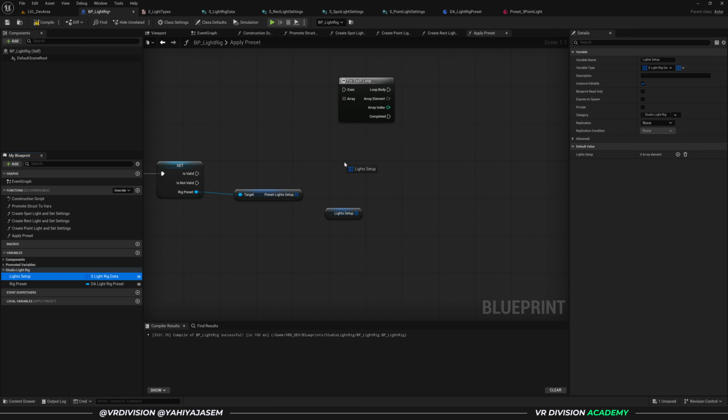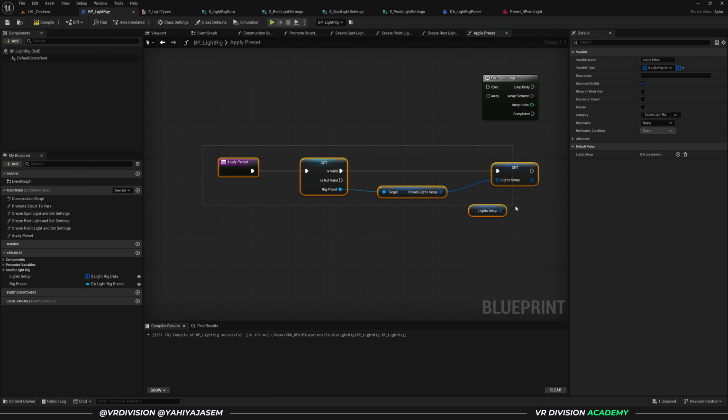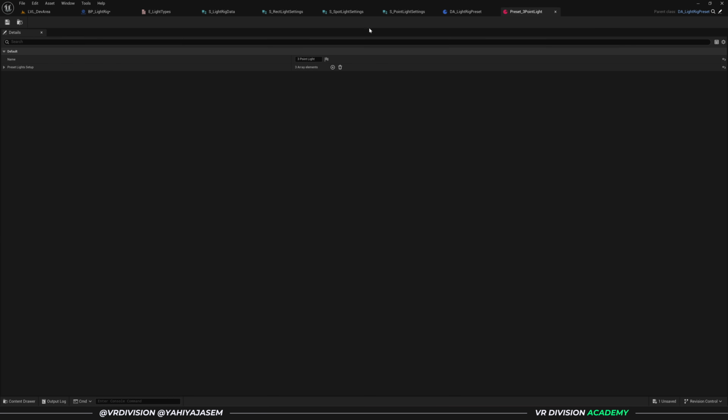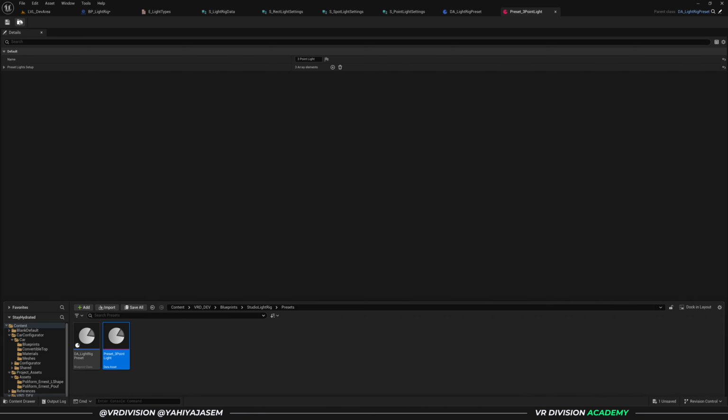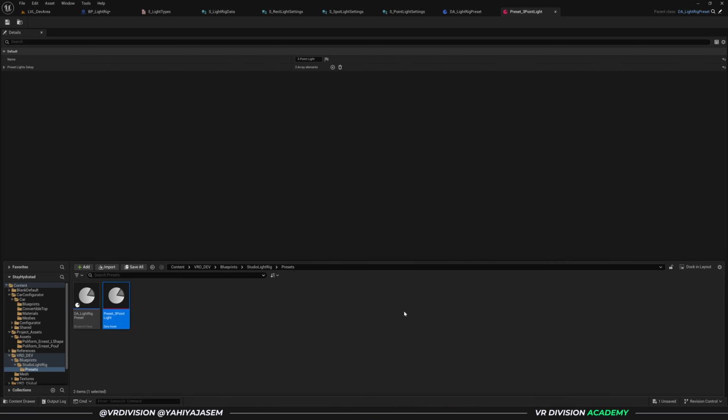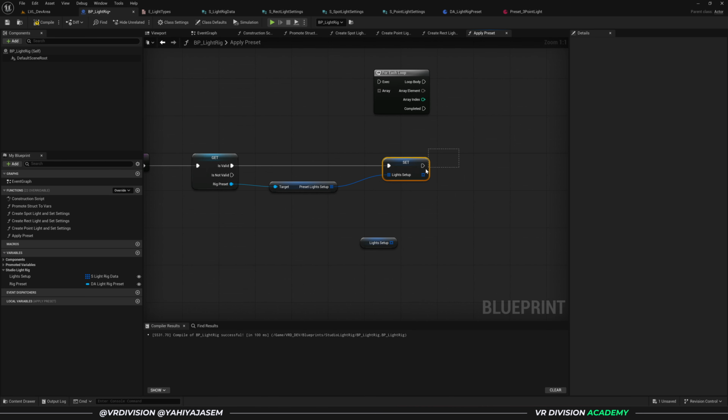I'm going to simply hold Alt and set this. So this now array, when we do this, apply preset, we will get whatever information within this variable, within this preset, and any other preset that you create later, and simply override whatever values we have here. Okay, so this is the first method that I did before I created this tutorial, and this kind of works